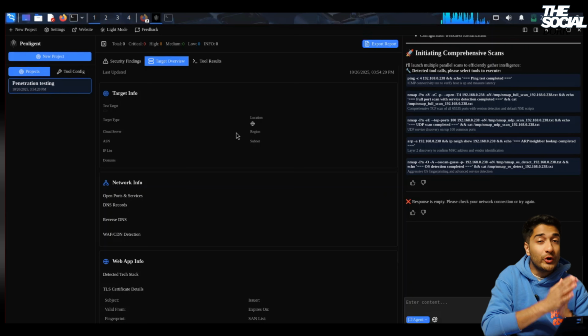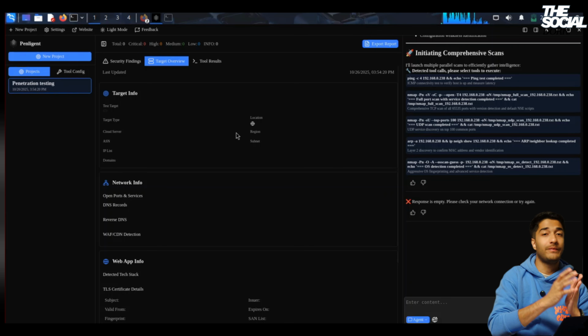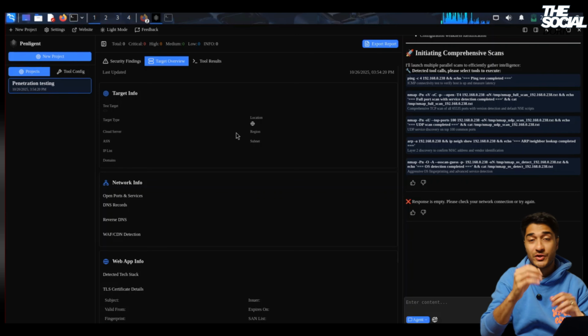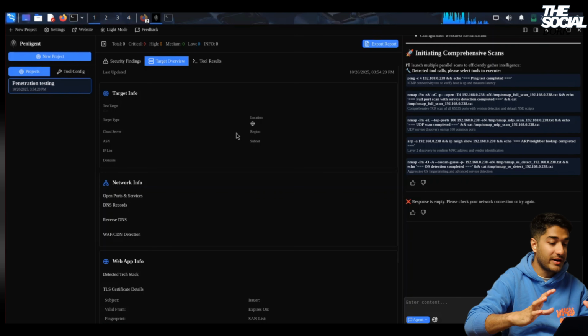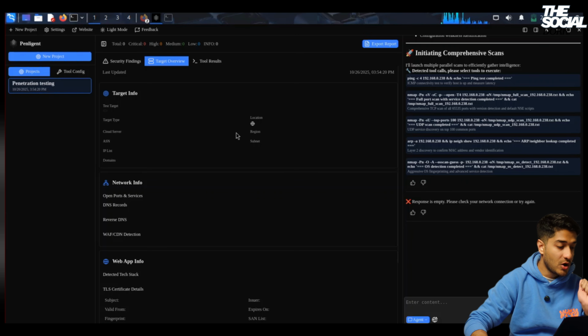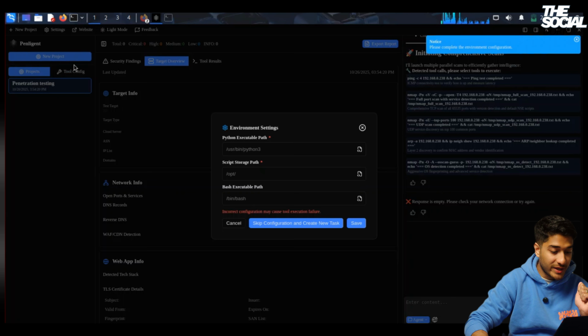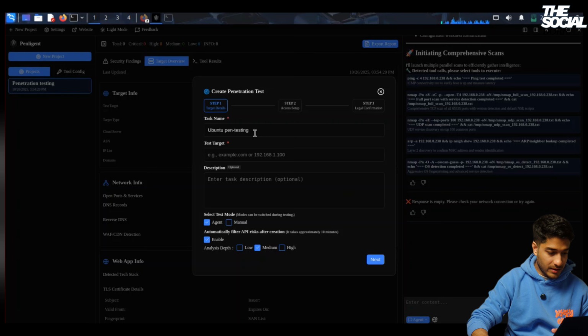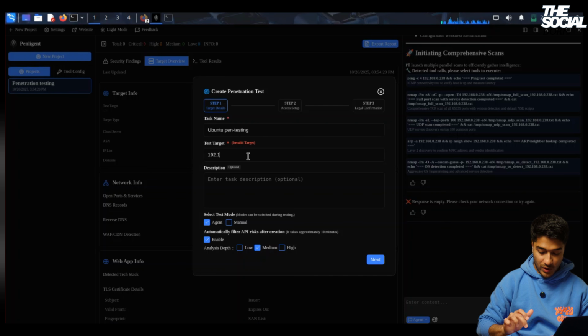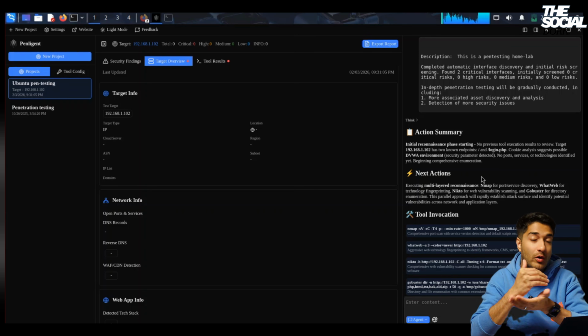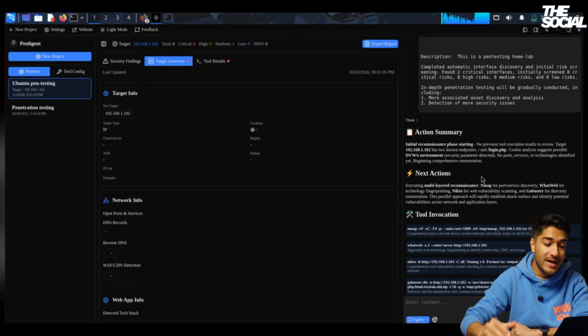Once you hit enter, this is going to download and set up Penligent AI for you. Once that's done, all you do is open the Penligent application from the application section on the Kali Linux machine. As you can see, this is a very nice consolidated dashboard that has everything in one place. We're going to go to new project and give this a name. For the target, let's give it an IP address, which is